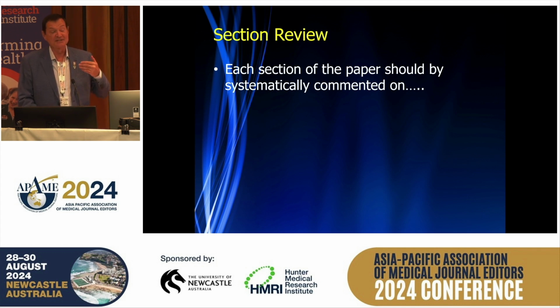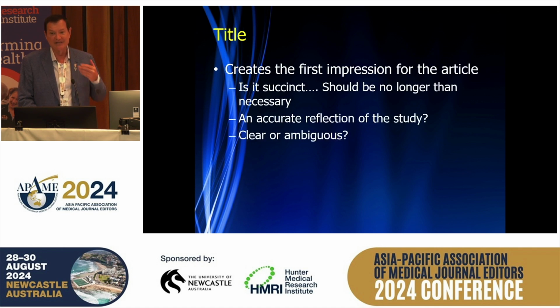So anyhow, it's nice to have a systematic way of doing it. And the easiest way to do it is by the individual parts of the paper. Once you've gone through the paper and done the initial first review that I suggested at the beginning, you look at the title and you think, does the title match what I just read? Or does it summarize it all? Does it reflect what it should? Because very often